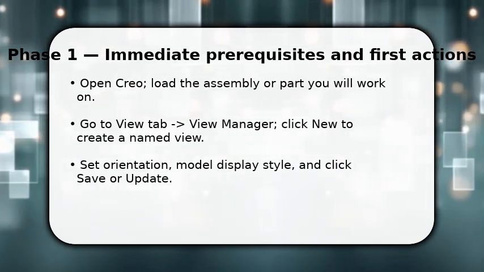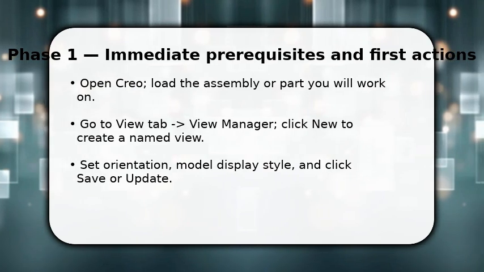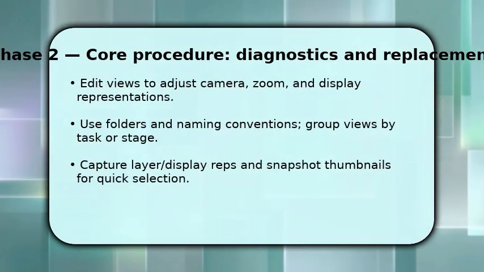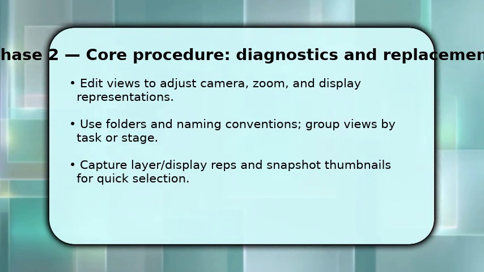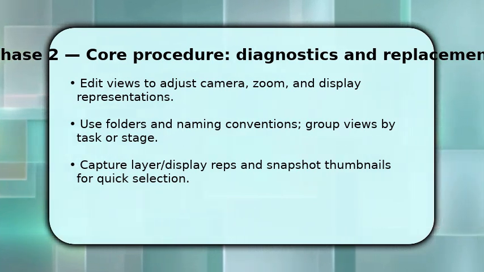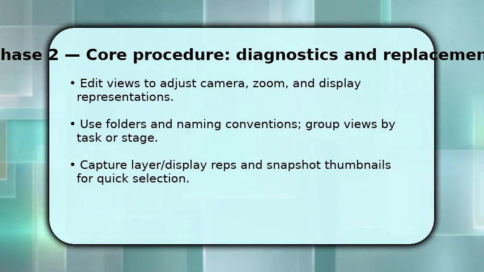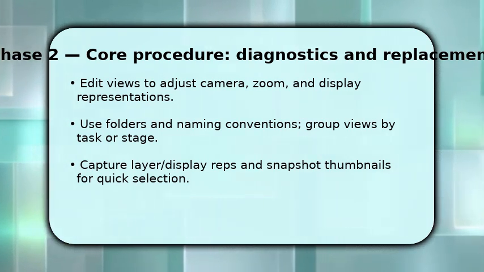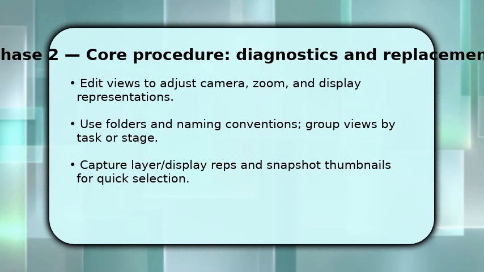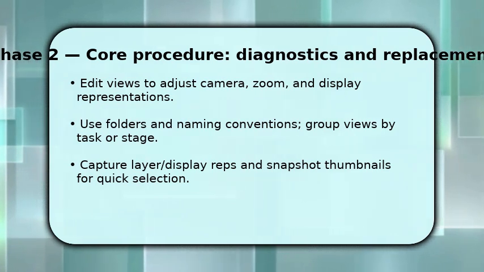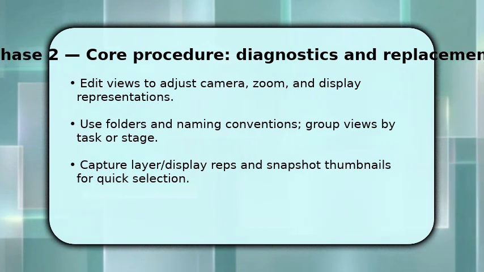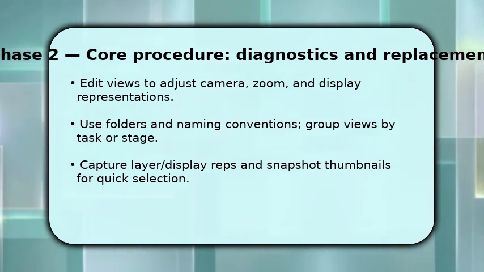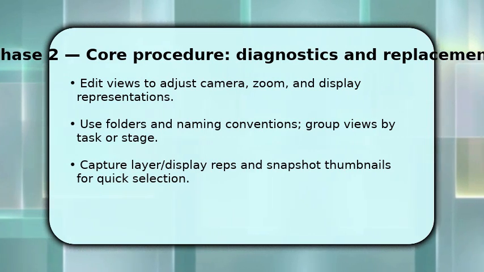Once you have basic views, refine them by editing camera position, zoom level, and depth to highlight features. You should also link display representations, such as layer and model display reps, so each view shows correct visibility and color. Organize views into folders and use consistent naming so you can find them fast. For example, prefix with stage or discipline. Make a thumbnail snapshot for each view to speed visual selection, and remember to update after any change, so the